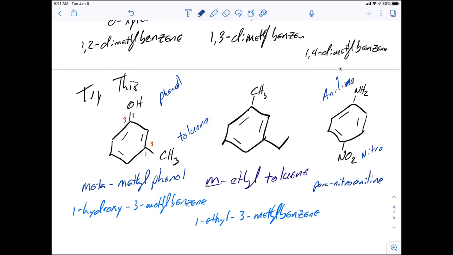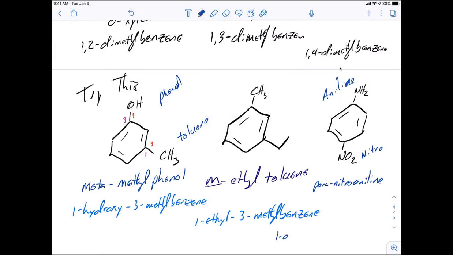Turns out the para-nitroaniline has a bright yellow color to it because of the push and pull. Turns out the amine, the NH2, is an electron donating group, and the nitro group is an electron withdrawing group. So that push and pull actually gives me a dynamic color. So it's really intense. So para-nitroaniline, and then if I name this as just a benzene, this is going to be